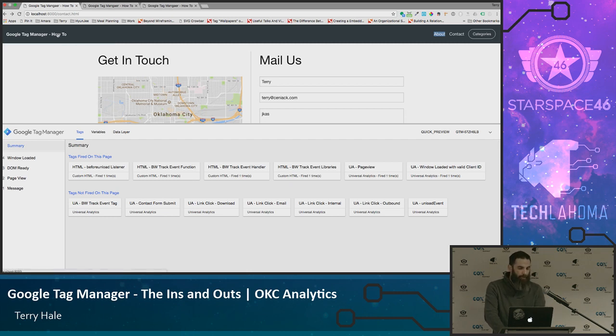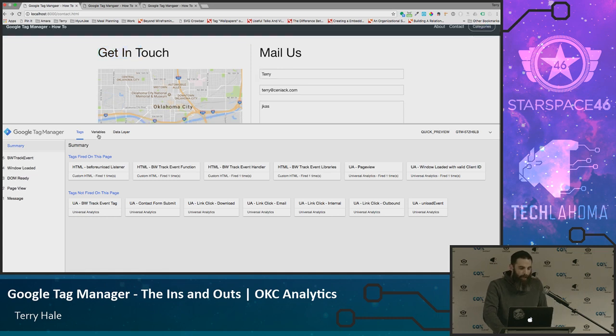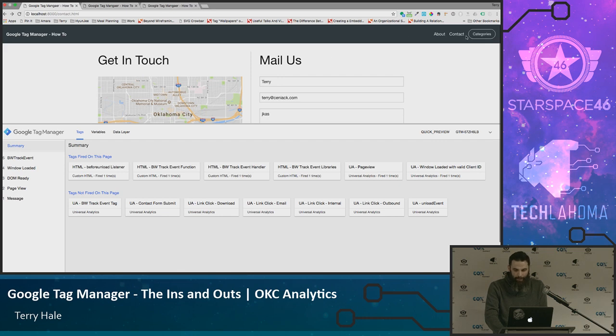So for example, on the header area, you can actually add a custom data attribute around the entire header. You can also add individual data attributes around individual links or sections of the site. So for example, if you wanted to track any kind of a link click inside of the header there,